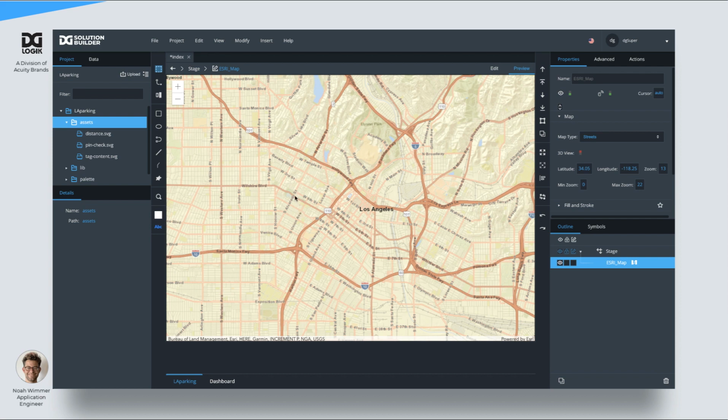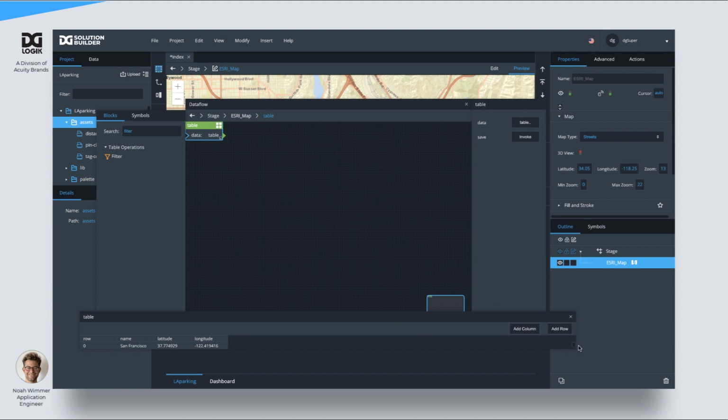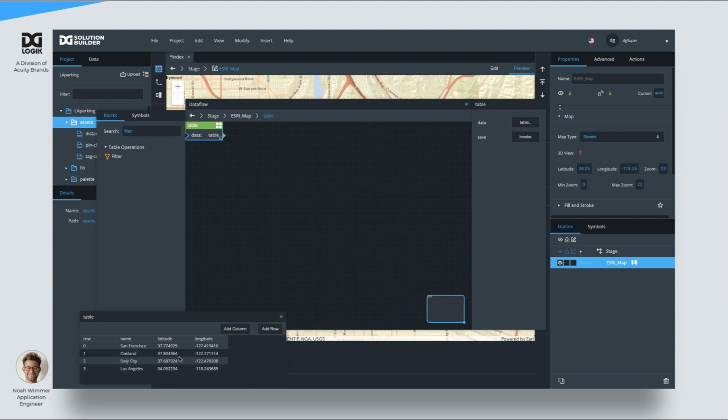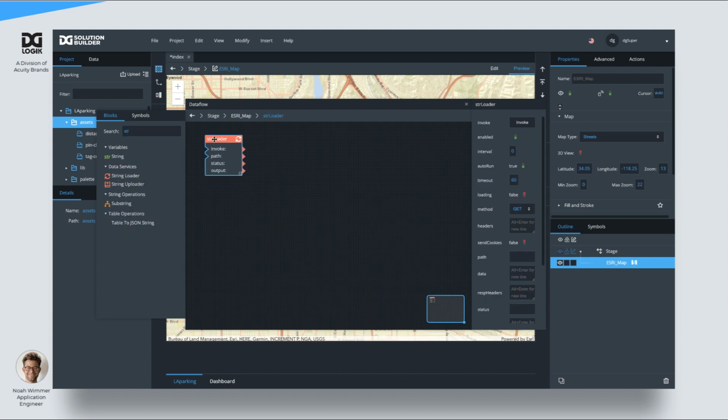All right. So the first thing we need to do is hit our API and bring in the data that we will render. Every ESRI map comes with this generic table of major cities' locations. We don't need it, so we can go ahead and delete it so we don't have extra clutter on our data flow. And now we need to get a string loader to hit our API. Let's go ahead and grab the API that we'll be hitting, the path, paste it in,